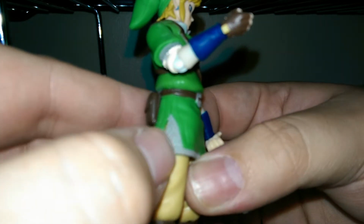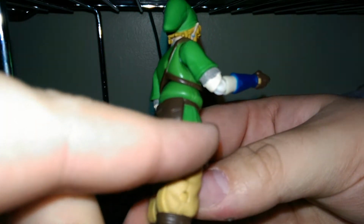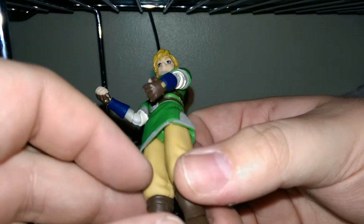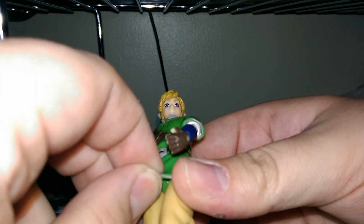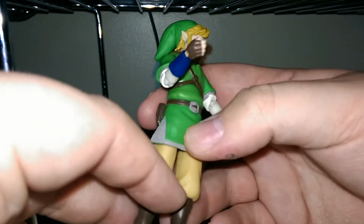The chainmail is molded pretty nicely. I do wish they would have painted gray along that bottom line there. Probably go through and do a few touch-ups myself. Might even go ahead and paint that silver, depending on what kind of plastic this is. It feels more like a bendable, maybe like a PVC, similar to